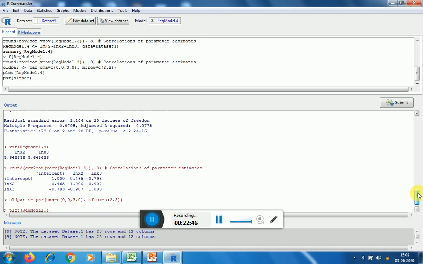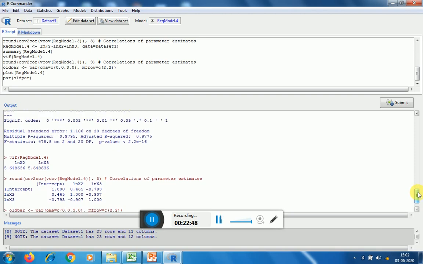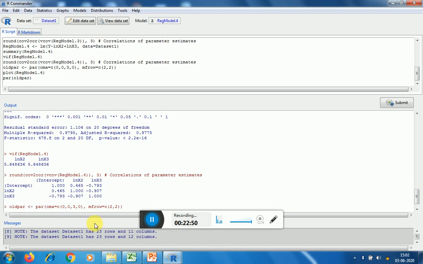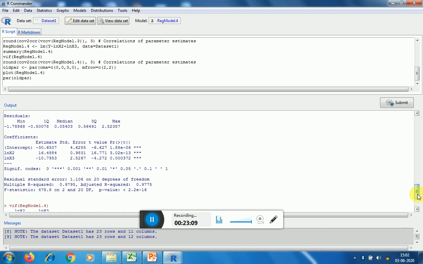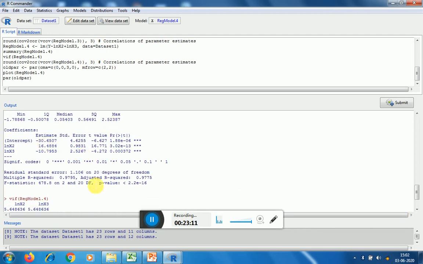But in this case we can ignore some of these values, right? Since the data points here are low, if we go for more data points, possibly such a correlation problem will also be eliminated. We see that x3 and x2 seem to be highly correlated, but we can ignore this because the variance inflation factor is lower than 5. So now this is a right fit model that we can say.